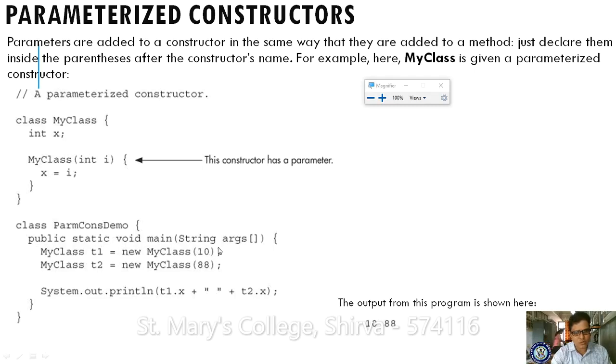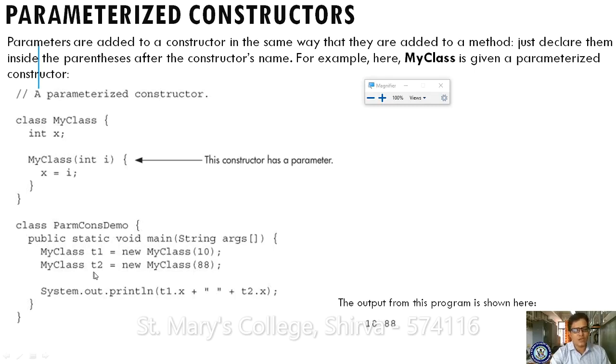While creating we have to supply the values, because we should know the definition of a constructor. What is the definition of a constructor? A constructor is a special method which automatically initializes the object whenever an object of a class is being created. So whenever I'm creating the object of the class, we have to pass this argument. This argument will be transferred here as i. Now in x it is storing 10. Okay, here it is a parameter and it is an argument.